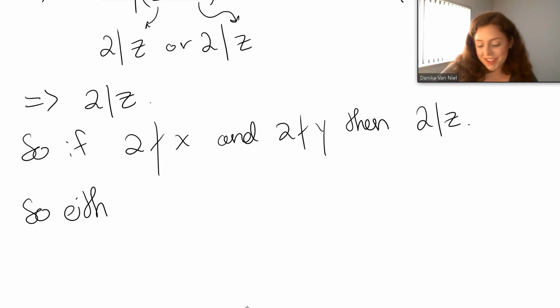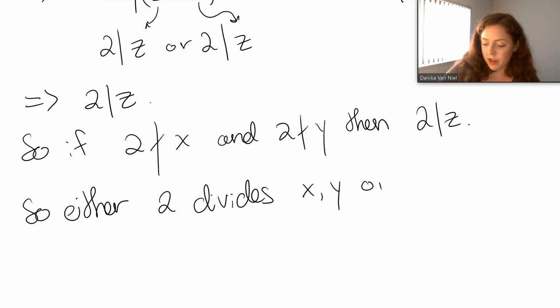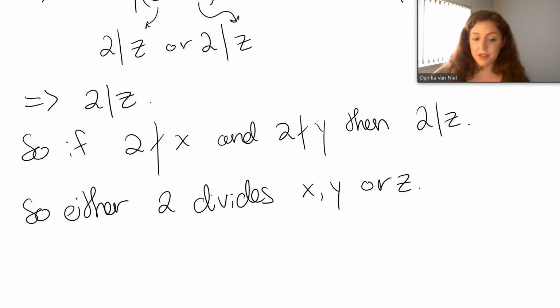So either, well, at least I think so, 2 divides x, y, or z, inclusive. So maybe it divides all of them. I don't know. Maybe we should say, like, if x squared plus y squared